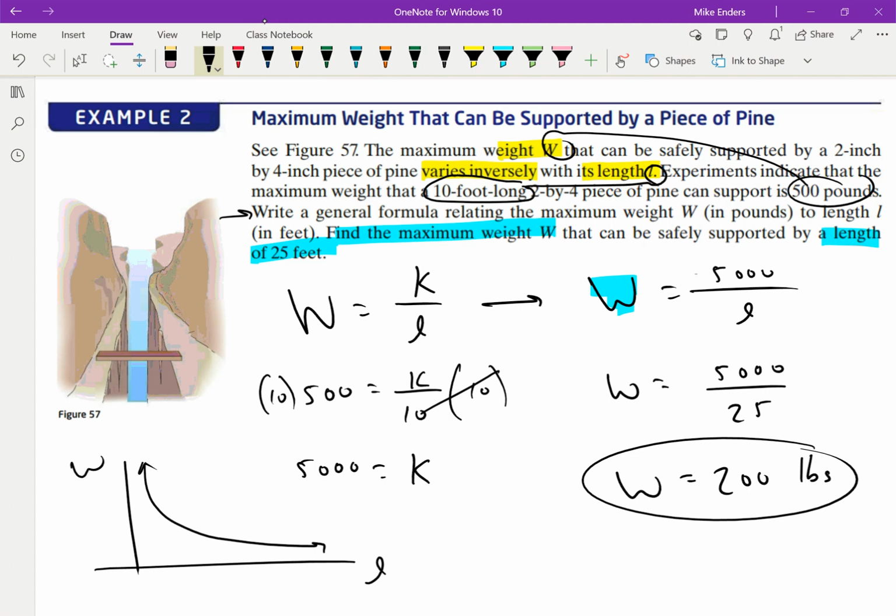As the length of this board increases, the weight that we can support is getting smaller. As the length of our board decreases, the weight that we can support increases. So that's an inverse variation as far as what we're representing. So we've taken a look at an example of a direct variation, an example of an inverse variation, and let's